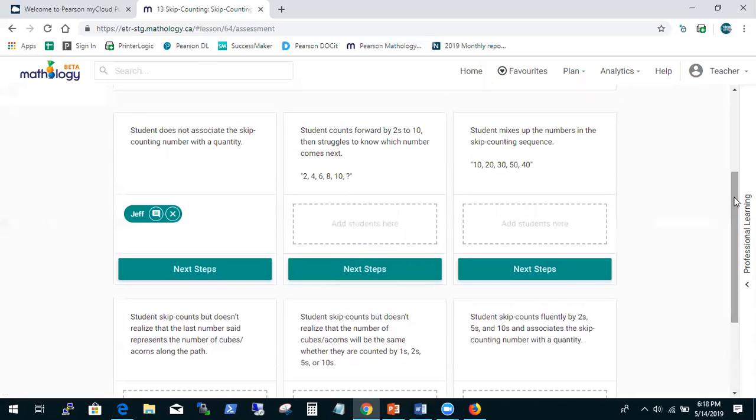And you get what is basically represented on the back of the teacher card. So on the back of the teacher card is basically a what to look for matrix. So you're looking at the possible behaviors you could see happening in your classroom as you're teaching the lesson. So in this case, student does not associate the skip counting number with a quantity. And as you progress to the right and then down to the right, the students are getting closer to having developed that skill. So this would be more of a beginning to develop, and this would be more fully developed for this particular